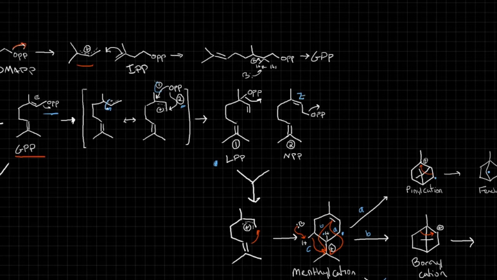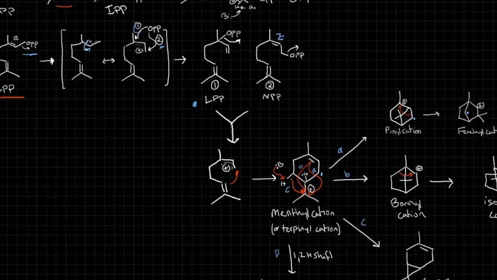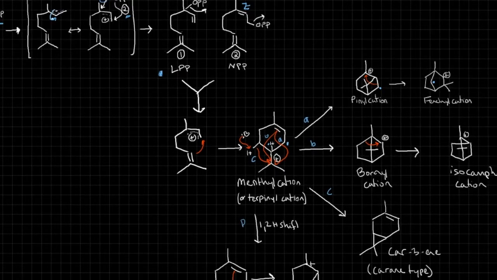Then you can do some interesting cyclization chemistry. If you lose that phosphate, this OPP here, then you see that you can form some ring structures. So this is going to close up here, and then you'll form the methyl cation, or the alpha-terpinyl cation. And this is really the core structure for moving to all of the other cations and then to the other